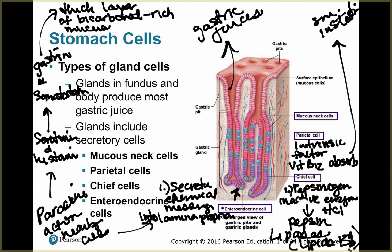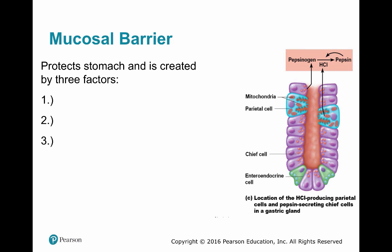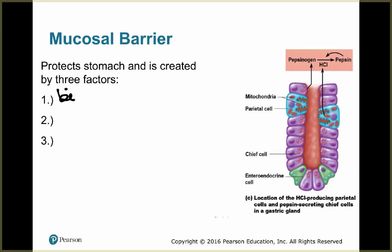And so here, we want to make sure that everything is working the way that it needs to. So these are going to work together to basically protect or to digest. So the mucosal layer that we have that gets produced protects the stomach and is created by three factors, basically. Again, a bicarbonate layer,